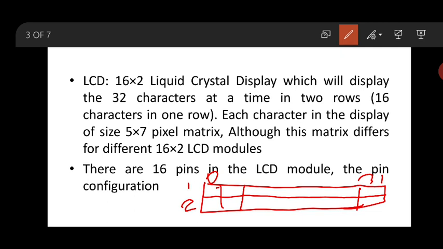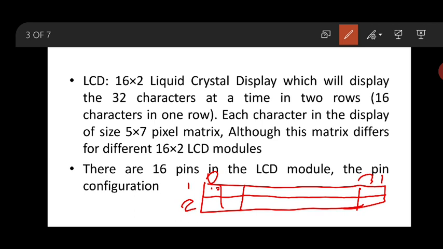If I want to display a character in each unit, it consists of a 5 by 7 pixel matrix. Inside each unit there are 5 rows and 7 columns of pixels to display a particular character.